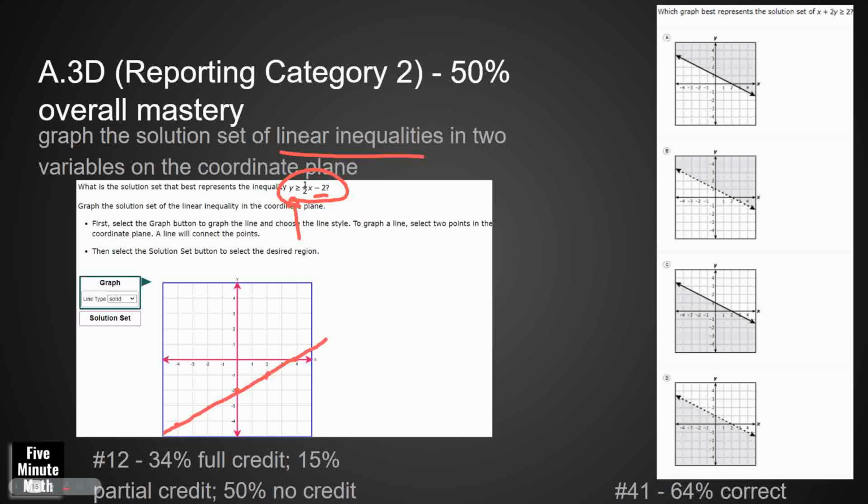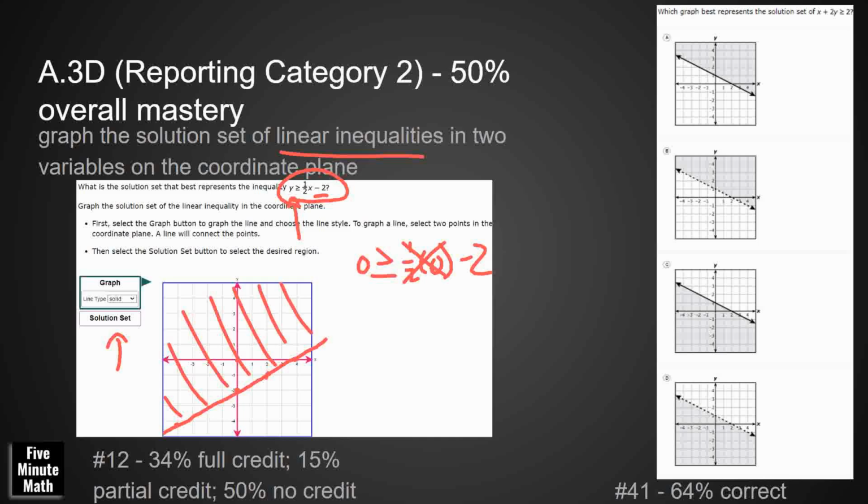That would be one part. Then we have to click that solution set to get the other part. Once we've got the line on there, we need to click the solution set. We need to click on one side or the other to see which side it's going to be. It's going to be greater than or equal to, so it's going to be above. But if we want to, we can just pick a point, like let's pick 0, 0, plug that in just to make sure. So if y equals 0, greater than or equal to 1/2 times 0, which goes away. So 0 is greater than or equal to -2. So we would just hit that spot above the line since it's greater than,